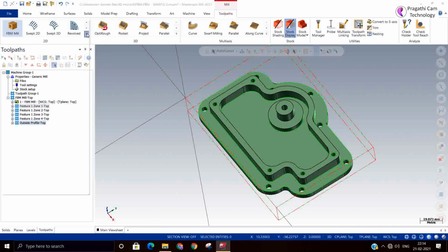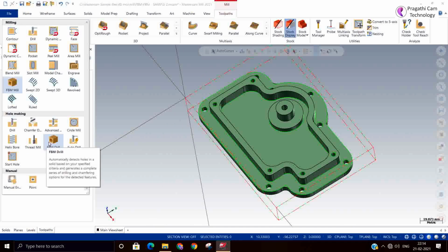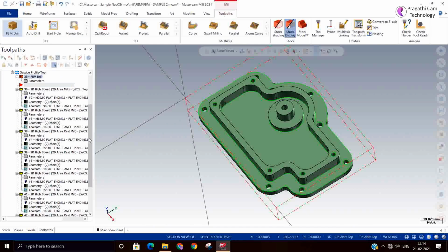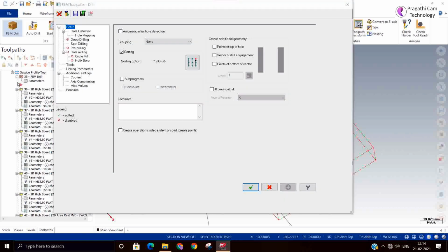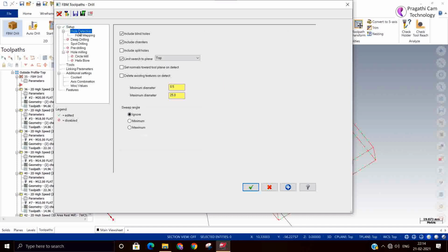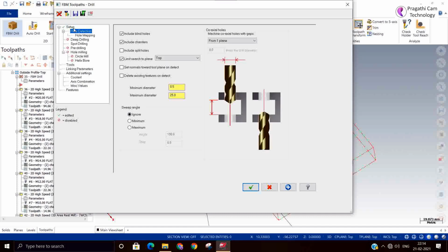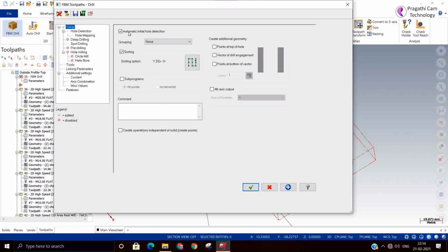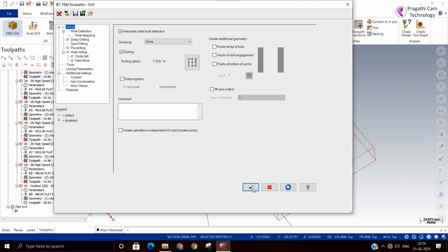So let us see here, toolpath, feature based drilling. You can switch on detect drill automatically here. Just like that, you switch on and accept, that's all. The remaining things it does on its own, you need not worry about this.